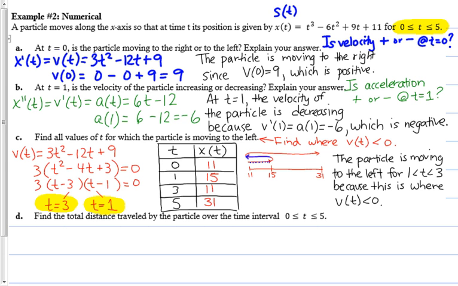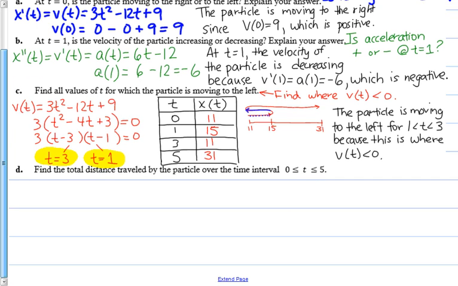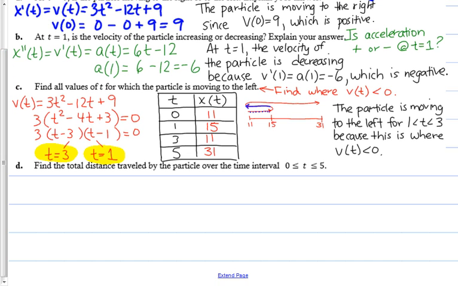Alright, part D. Find the total distance traveled by the particle over the time interval from 0 to 5. So total distance traveled. What I'm doing there is I'm trying to figure out how much, what is this, in feet? Oh, there aren't any units. So we'll just call them units. How much was actually traveled by this particle? Now this is tricky because